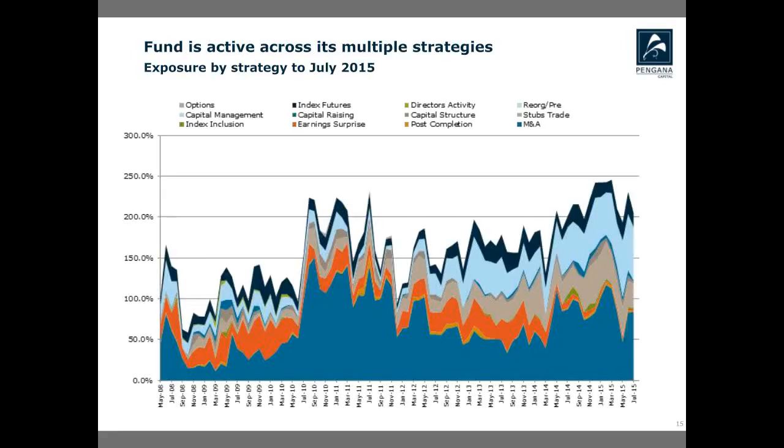On page 15, we'll give you the true extent of diversification that the portfolio has. We have plotted the graphs here by sub-strategies, and you can see while M&A continues to remain a critical portion of overall gross exposure, the breakdown in overall gross can change through market cycles. We are mindful of the fact that some strategies work better in some market environments and some strategies work less well in certain market environments. The portfolio is liquid enough and nimble enough to react to the macro environments and tactically adjust our gross exposure accordingly.